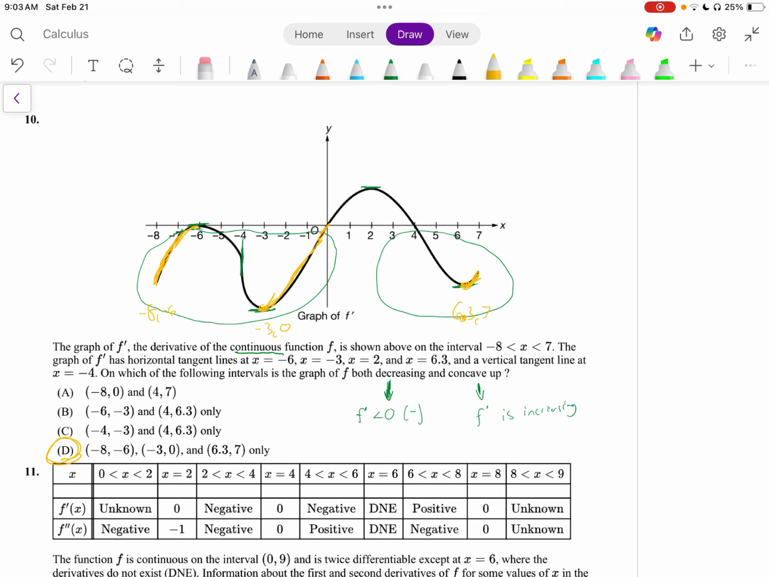So again, that was basically below the x-axis. That was the decreasing part, and that was the decreasing part here. And then when it was increasing,